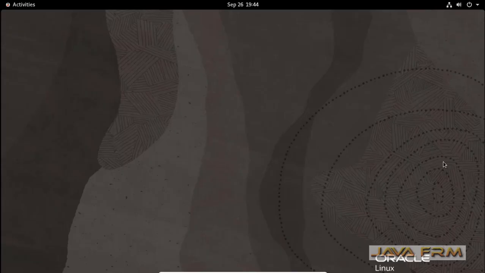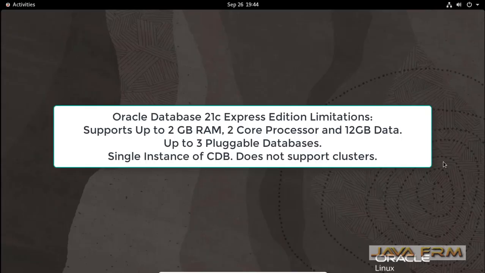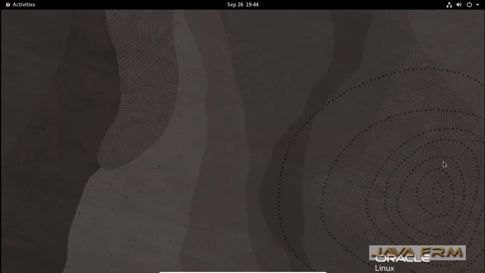Before we proceed with the installation, there are some limitations for Oracle Database 2020 Express Edition. It supports up to 2 CPU cores, up to 2 GB RAM, 12 GB of data, and 3 pluggable databases. It is a single instance database, so clustering is not supported in Oracle Database 2020 Express Edition.